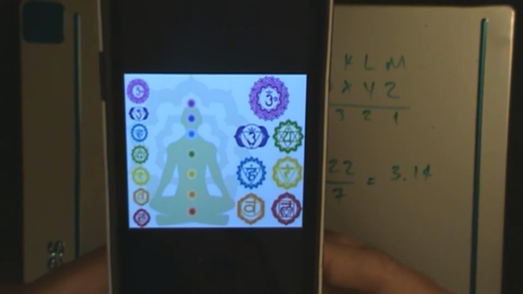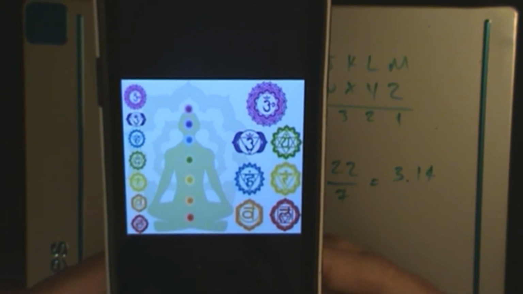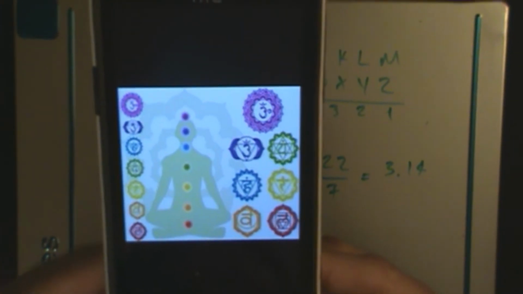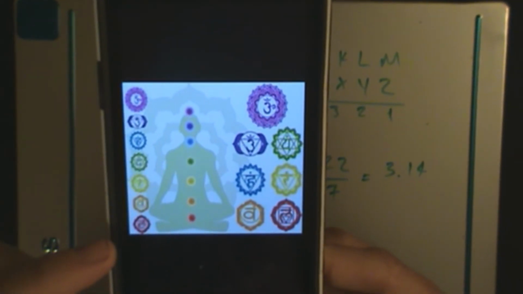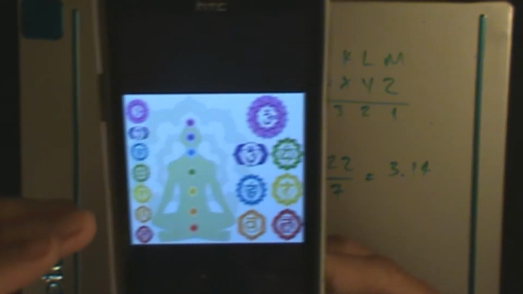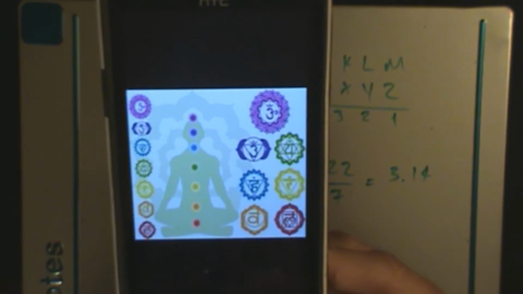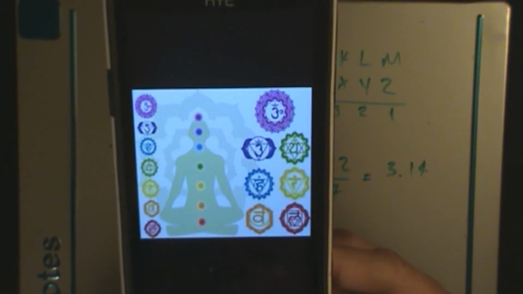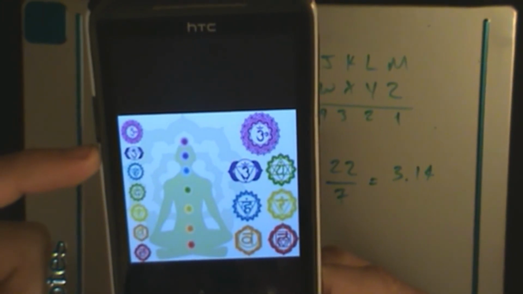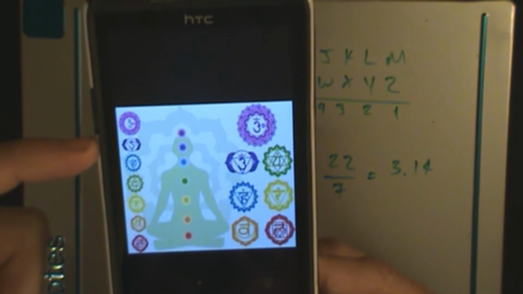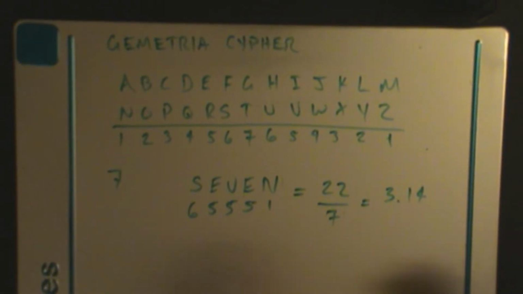And you notice that they all have different amount of petals. And as you go up, the petals increase. And so the first one starts with 2. And then the next one is 4, and so on and so forth. And it just so happens that if you add up all the numbers of the petals and you get to the 6th chakra, you end up with the number